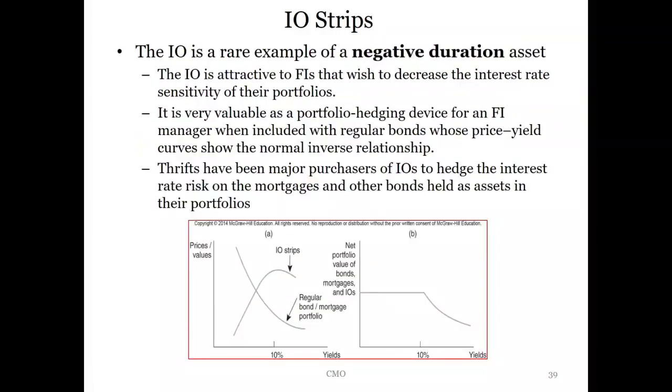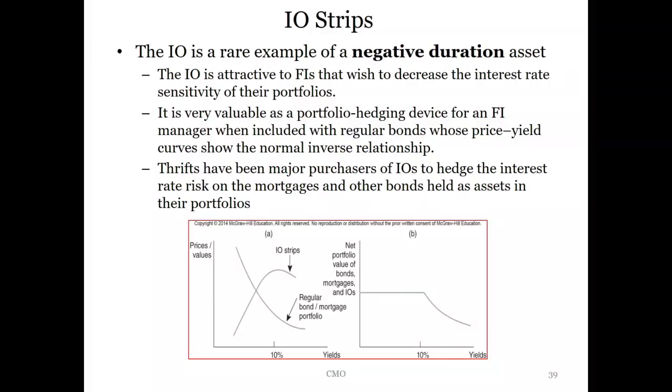No? All right. So you see how, like I said, again, we have a security with negative duration, and it's a very good hedging security for the banks, right? So if you have invested in ordinary securities where its price decreases when interest rates increase, if you invest in an IO strip to cover the position, you see how here the value of your investment is completely stable. There is no interest rate risk. Okay, so that's how hedging works. But later on here, it will just decrease the value.